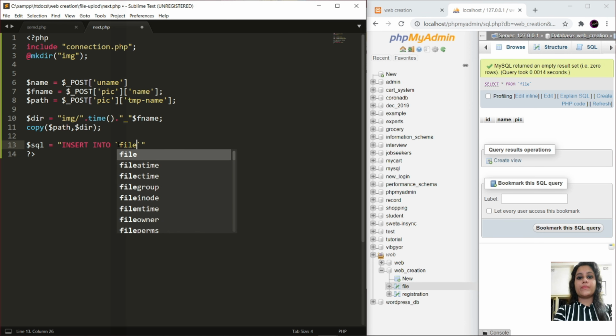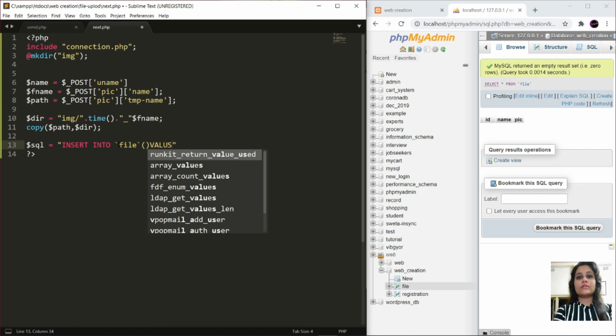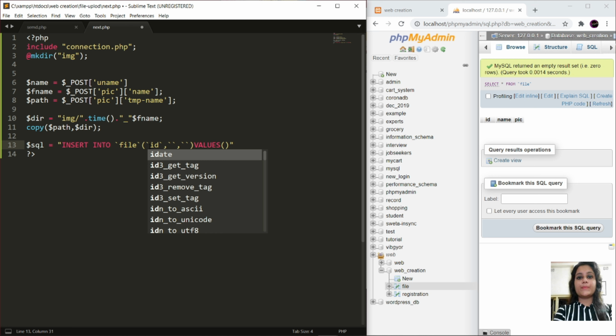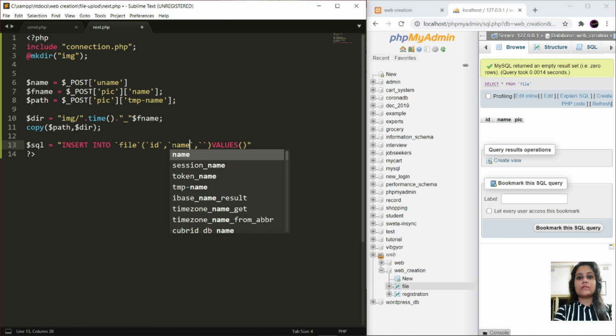Came back to the query. Table name, values, table attribute names inside the backtick: ID, name, pic.